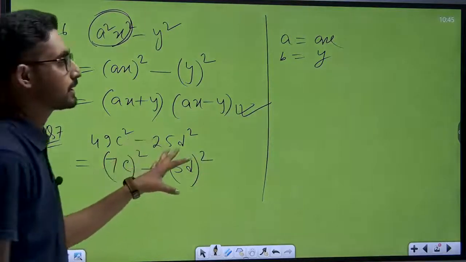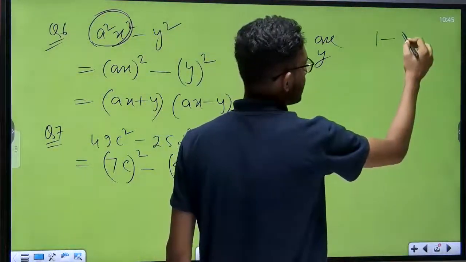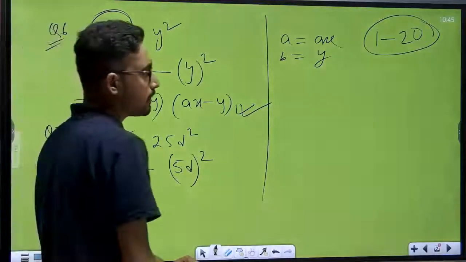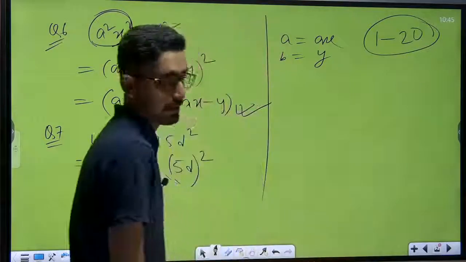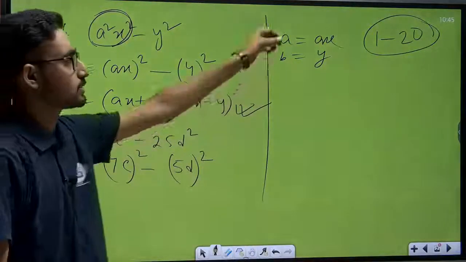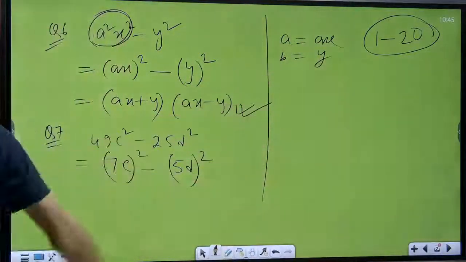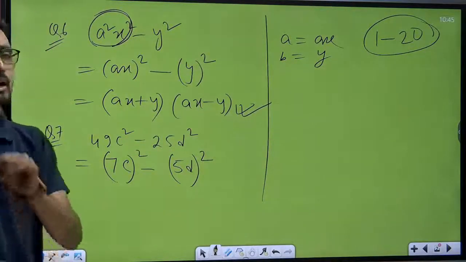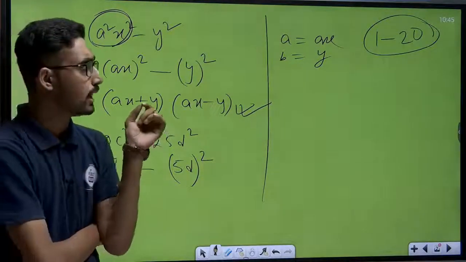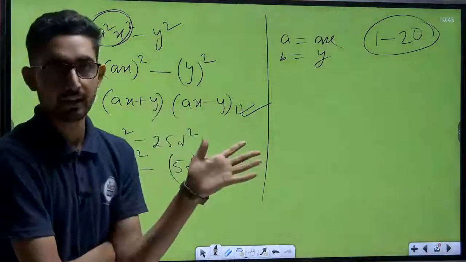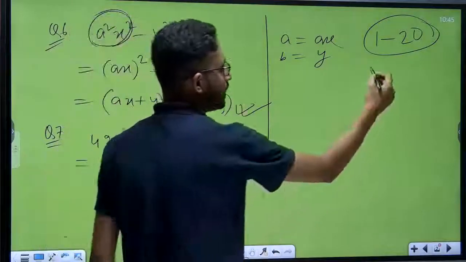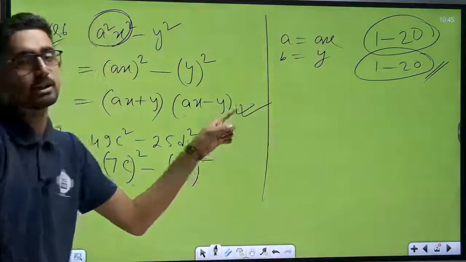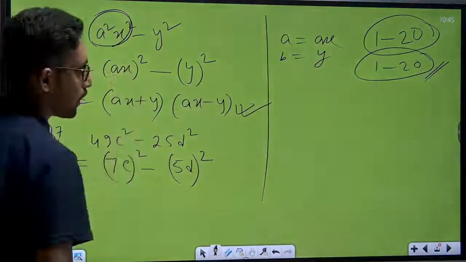Actually in this chapter, if you don't know the square of 1 to 20, it is something hard for you. That's why first of all you have to remember 1 to 20 ka square. Actually in the third chapter, that is having what is the square of 1, what is the square of 2, like this till 20. Okay, first of all, you are in class 8, na, that's why you have to remember 1 to 30. And talking about cubes, we can say 1 to 20 you have to remember. Okay, this is your homework also, you have to remember this square and cube. Understood? From your book only you have to remember.